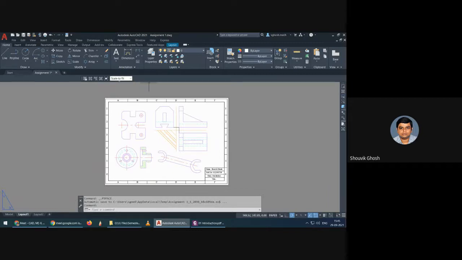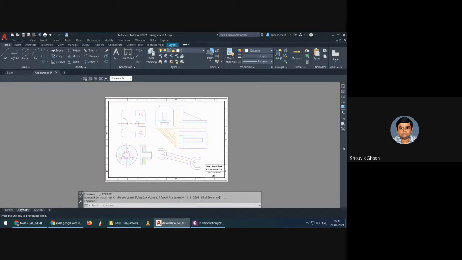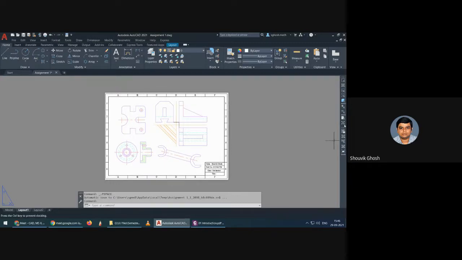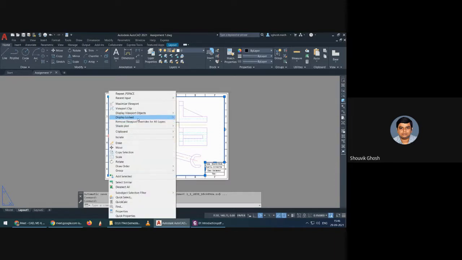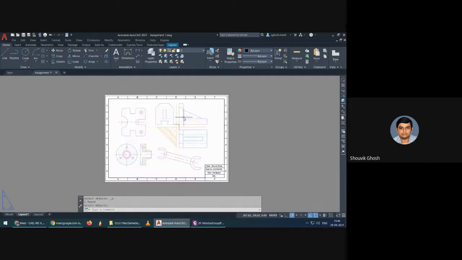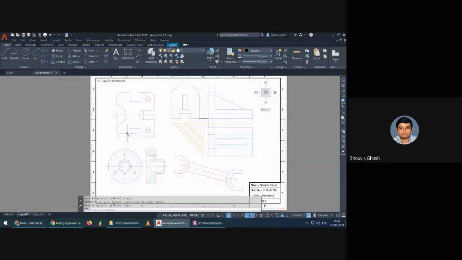So once you have finished with the spacing and the magnification of the viewport, what we need to do is to fix the viewport. How to fix that? Maybe I have shown you before, but I will repeat. If you go to the midpoint of this viewport, see I have selected the viewport, this is the viewport. I go to any one of the midpoints, right click, display locked. So if you lock this display, then even if you activate the viewport, and zoom in or zoom out, the whole view is actually locked.